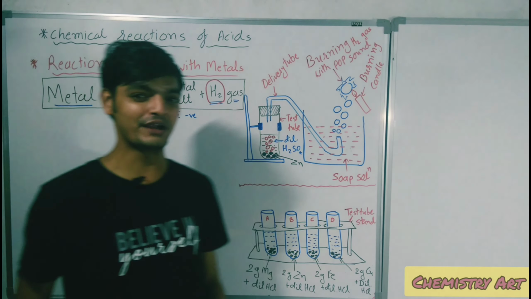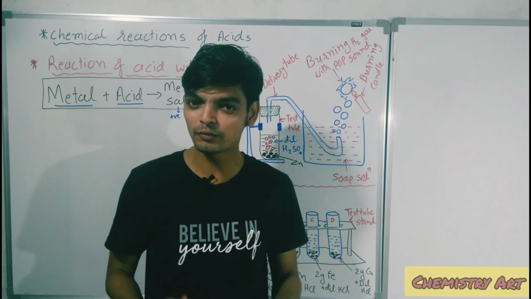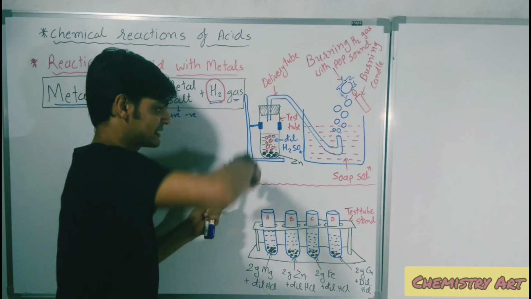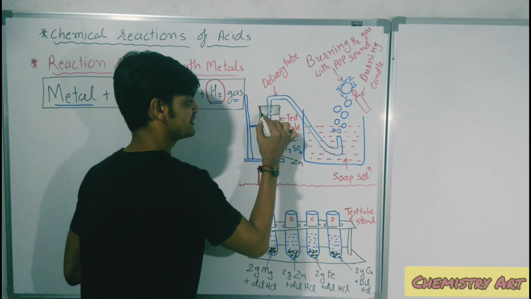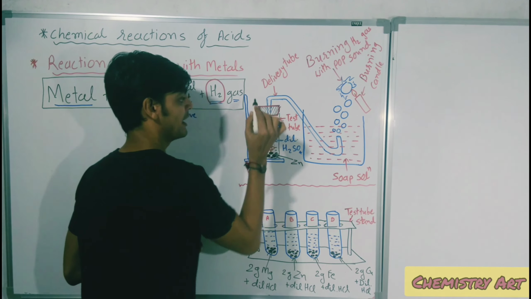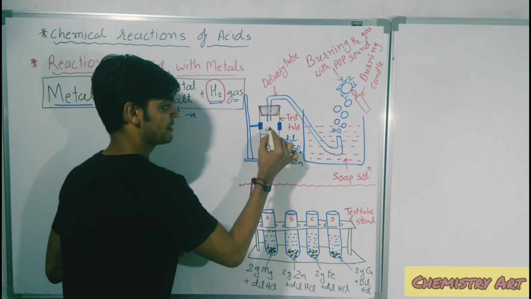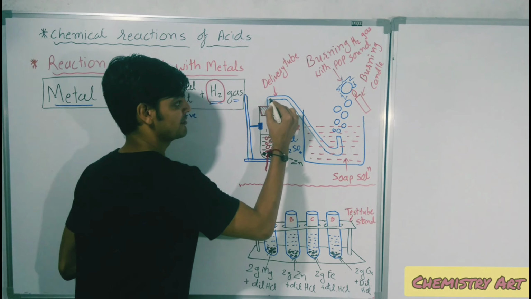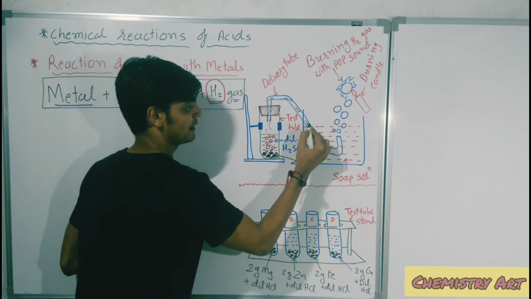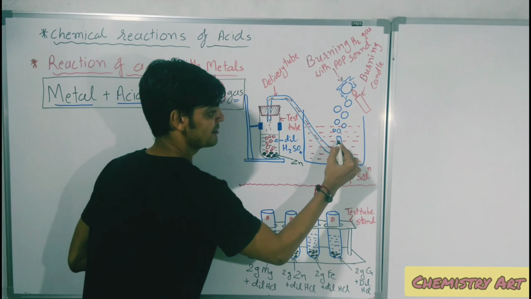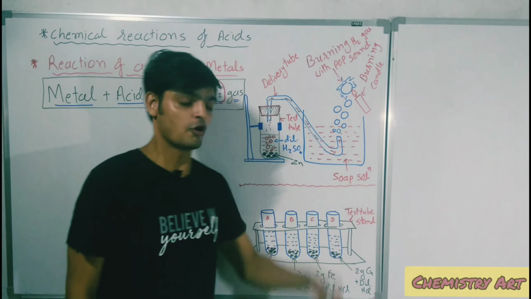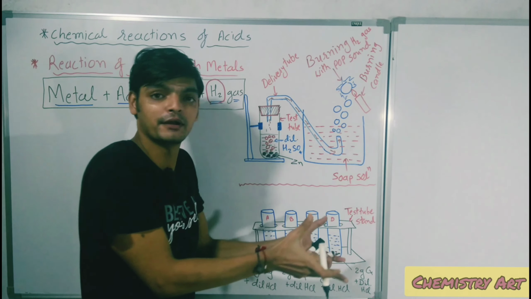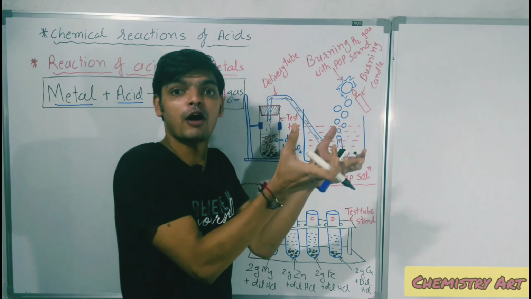And how to prove it? This is hydrogen gas only. How to prove it? See, the gas is coming up, but you can see that the test tube is not open. The gas which is forming passes through this delivery tube, like this, and this delivery tube is open into the soap solution. So what will happen? Bubbles will be formed.